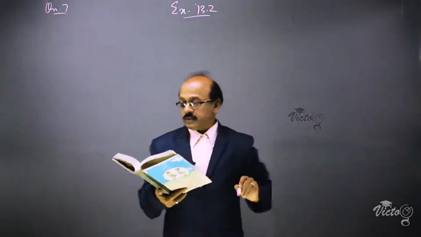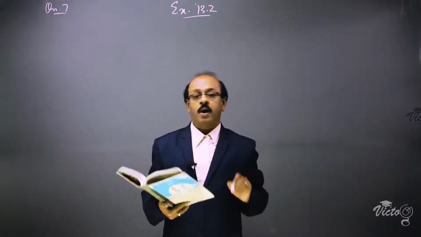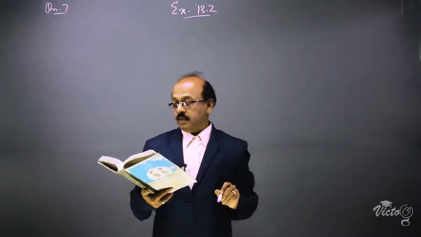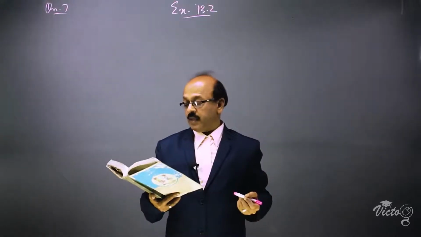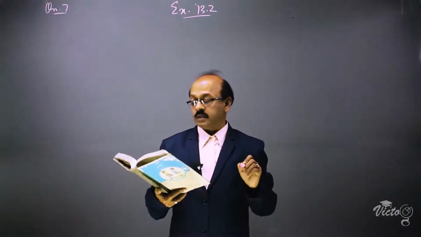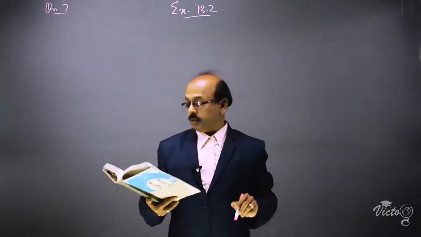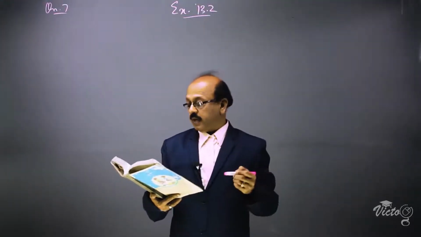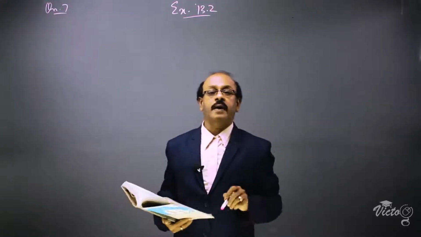The question is, a solid consisting of a right circular cone of height 120 centimeter and radius 60 centimeter standing on a hemisphere of radius 60 centimeter is placed upright in a right circular cylinder full of water such that it touches the bottom. Find the volume of water left in the cylinder if the radius of the cylinder is 60 centimeter and its height is 180 centimeter.